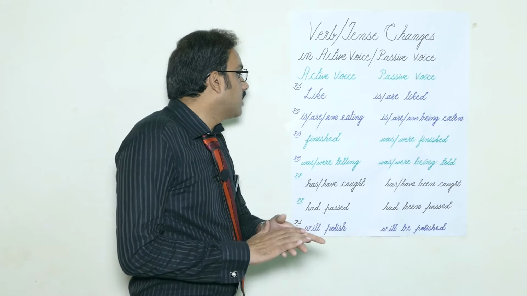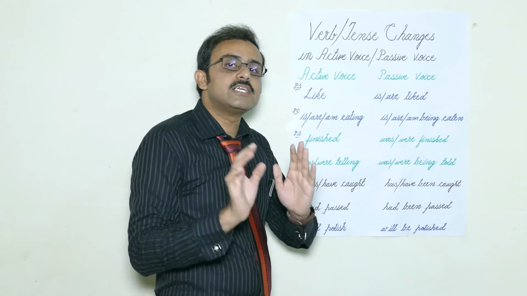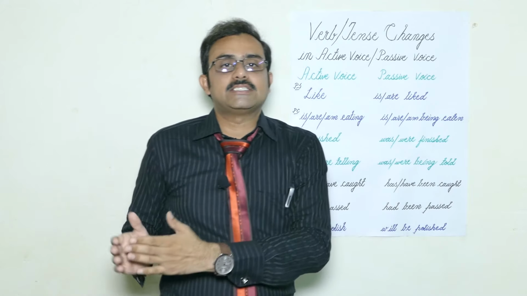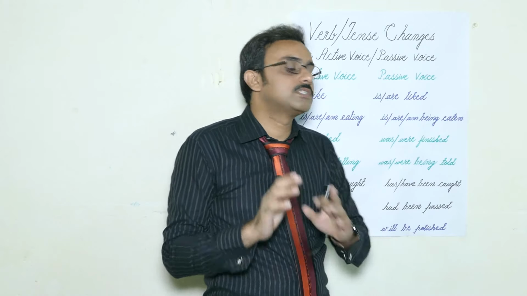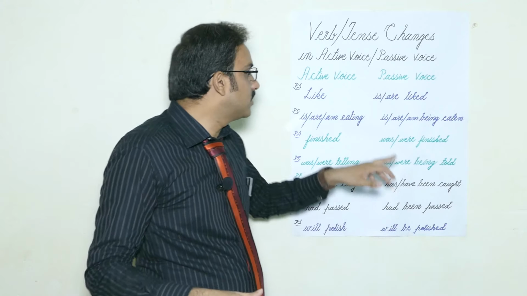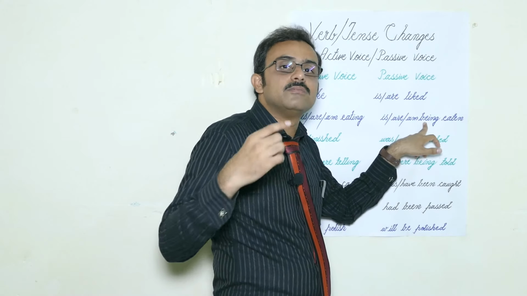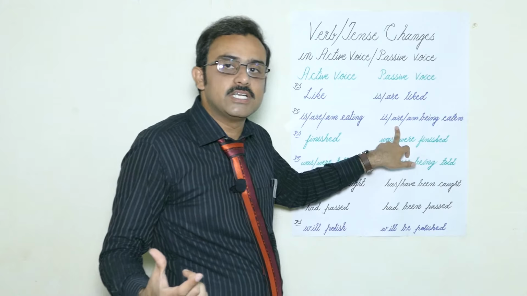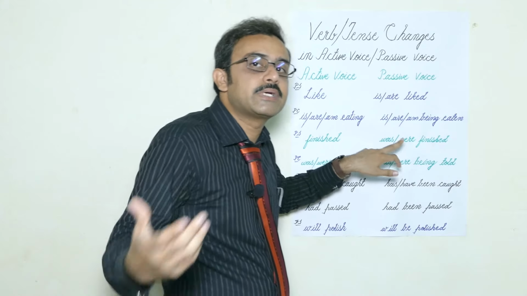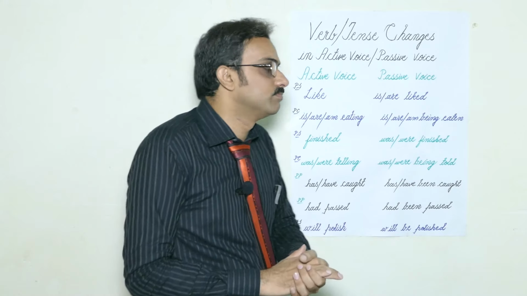Okay? Now we have present continuous tense. In present continuous tense, auxiliaries remain the same, either we have active voice or passive voice. The auxiliaries are is, are, am. But when we change active into passive, we add being, B-E-I-N-G, after the auxiliary is, are, am, and then we change the present participle into past participle, means third form, as you know better.